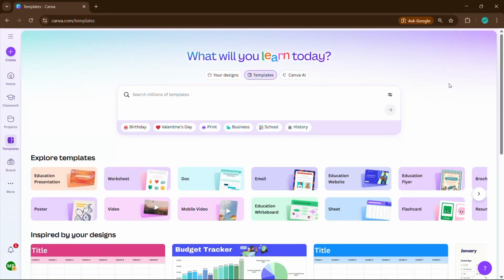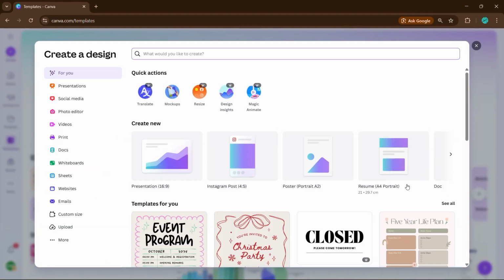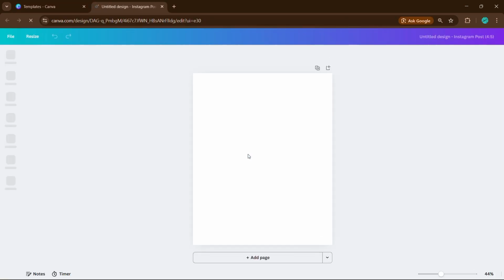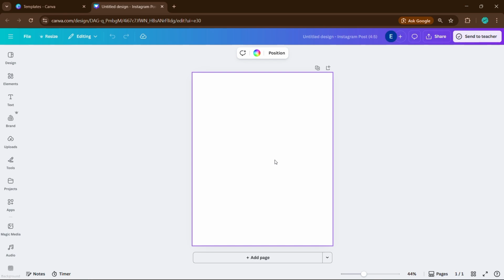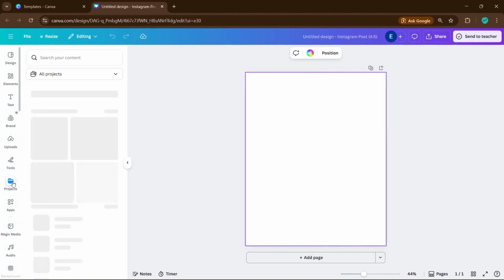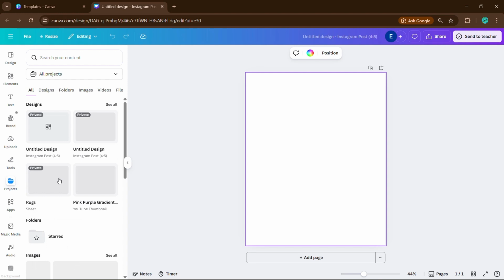First, head over to your Canva account and on the left-hand panel, click on Create. Then choose any canvas size that matches your current project. Once your blank canvas loads, move your cursor to the left-hand panel and you'll see an icon that looks like a portfolio or folder labeled Projects. Click on it and Canva will instantly show you all your recent projects and everything you've worked on in the